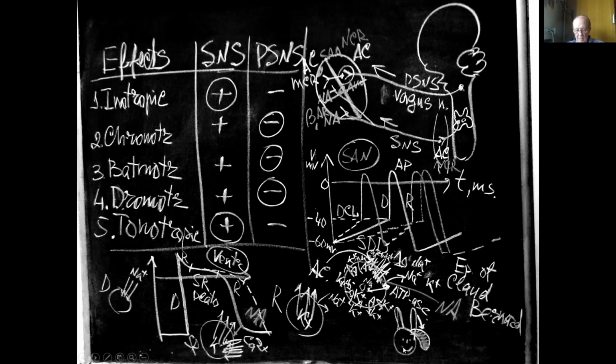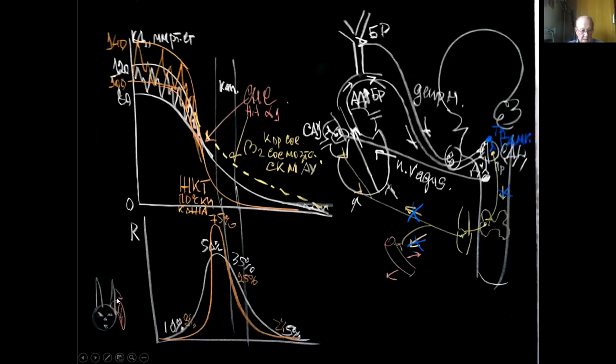At the lower part of this picture, you see the Bernard experiment. At the next picture, I present the same. This is the Bernard experiment. Claude Bernard was a French physiologist who, in the middle of the 19th century, investigated the role of the autonomic nervous system innervation of the vessels, not the heart, but the vessels.